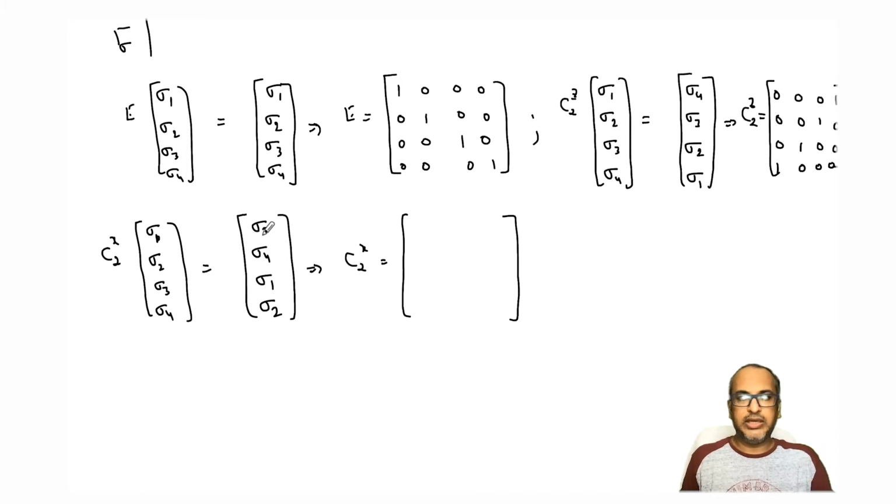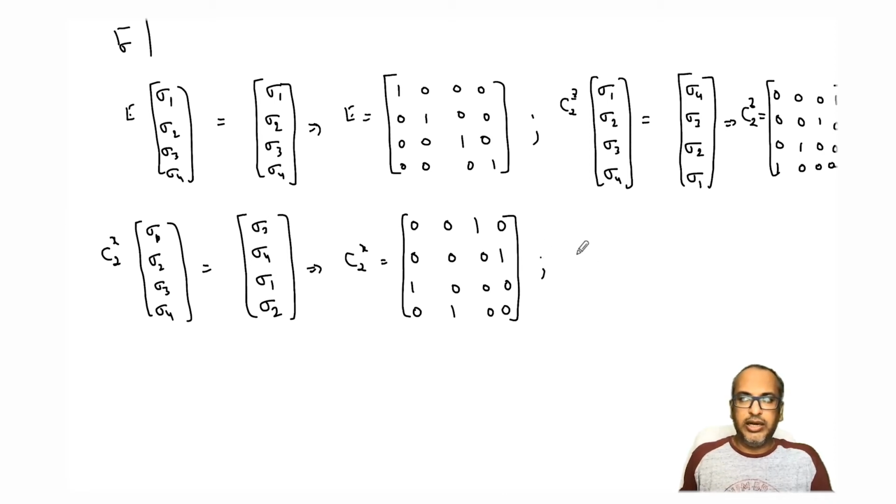So this implies that now my C2x is, so sigma 1 is going to sigma 3. So that means I will put 1 at third position. Now sigma 2 is going to sigma 4. So I'll put 1 at fourth position. Sigma 3 is going to sigma 1. So I'll put 1 here. And sigma 4 is going to sigma 2. So I'll put 1 here, right? So this is very, very clear. And you can again test it by multiplying this with this, and then you should get the resultant matrix.